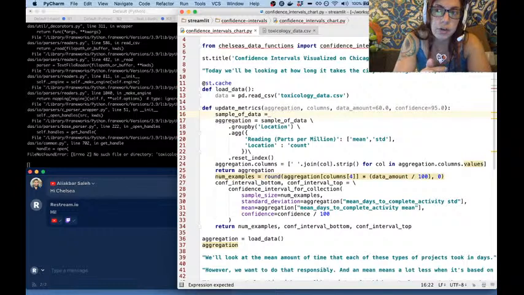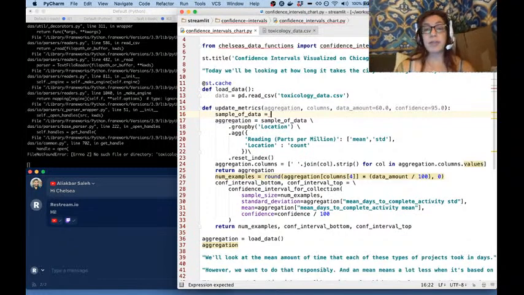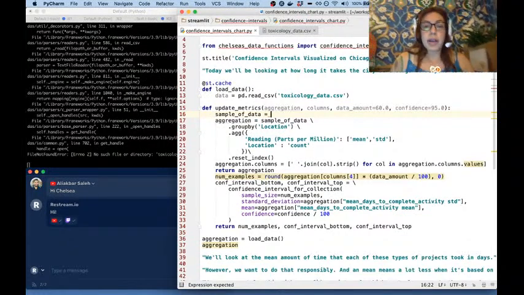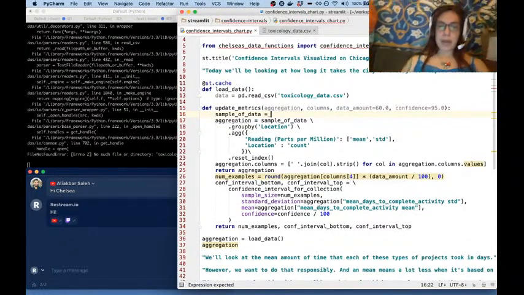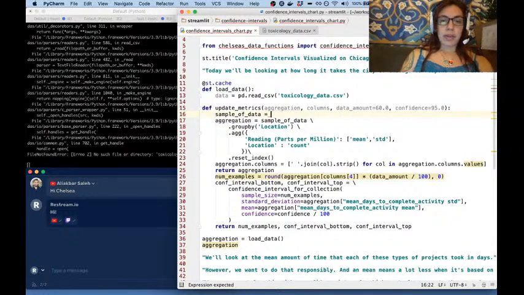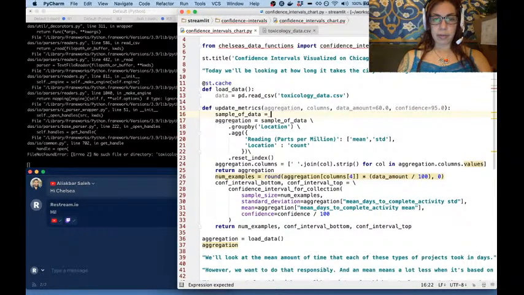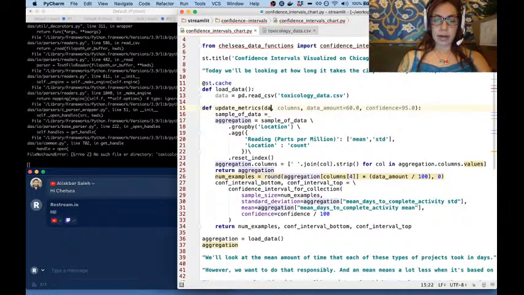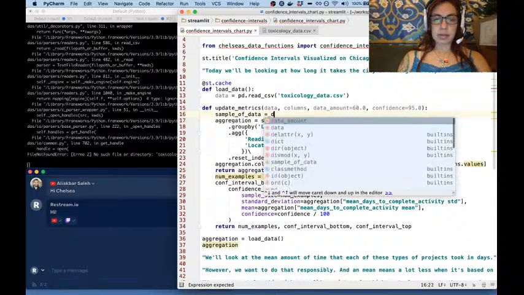My bet is that sometimes the Chamber of Secrets won't even show up because in a random sampling it'll be relatively likely for all 7 Chamber of Secrets samples to be missed, which I think would be kind of fun to look at. So let's try that. So I'm going to do sample of data is going to be equal to, so we're going to pass in data, and then the sample of data is going to be